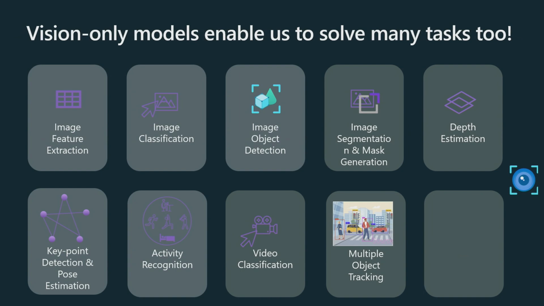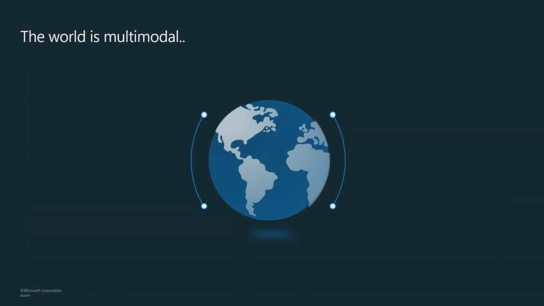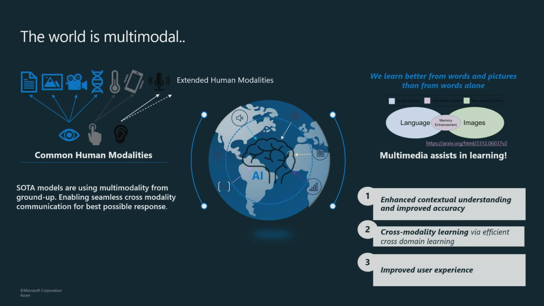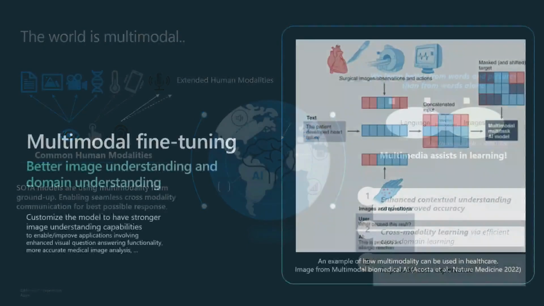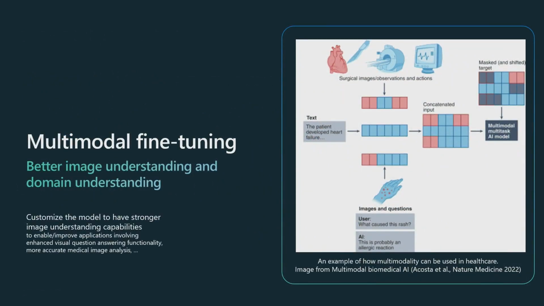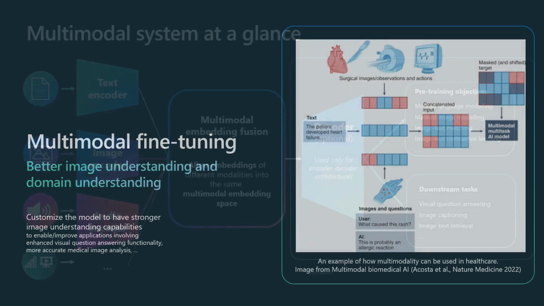Like we talked about, language models solve many of the tasks that we know. Similarly, vision models enable many of the vision tasks that we know. But in the real world, the world is multimodal, and you have a lot of rich data coming in, as we talked about. So multimodal models are a very important part of this puzzle, and fine-tuning of multimodal models hence becomes important. We recently announced fine-tuning of GPT-4o vision, which will allow you to do multimodal fine-tuning. That's pretty powerful for you to use for your real-world examples, and we'll walk through one of those.